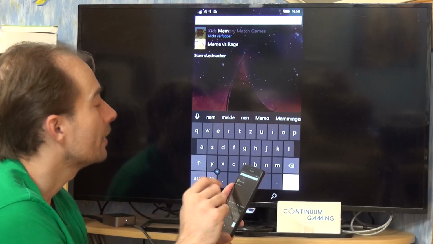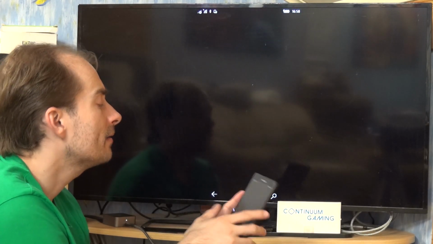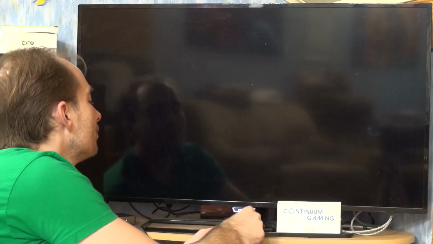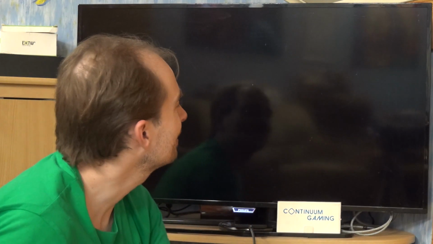Meme versus Rage, there we are. And if we have a look at that, it's a pretty fine game actually. I don't know why I didn't find it before, but I really think it's a pretty fine one. We will have to wait a little till it's loaded, but in the end, what this game is all about,